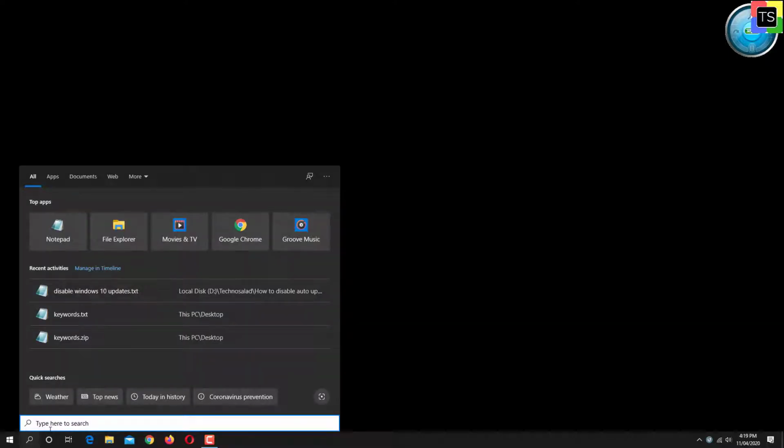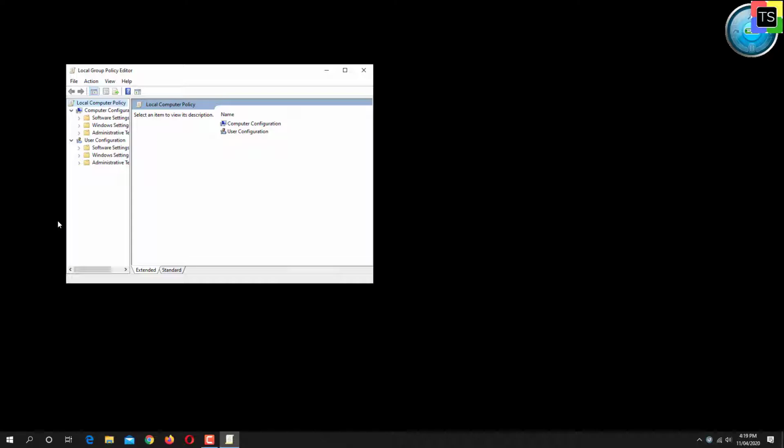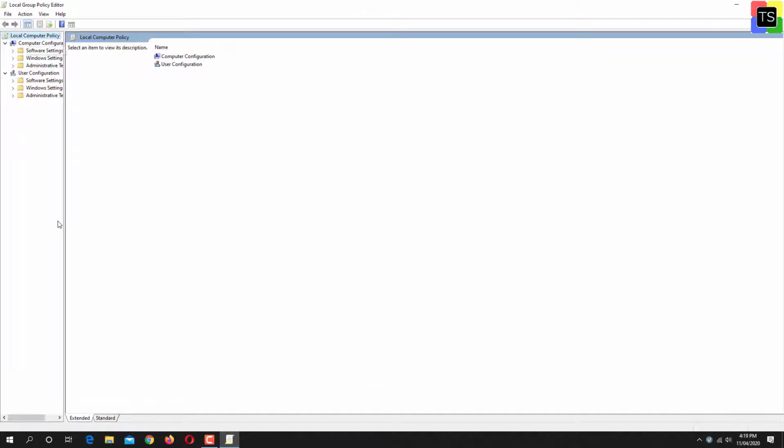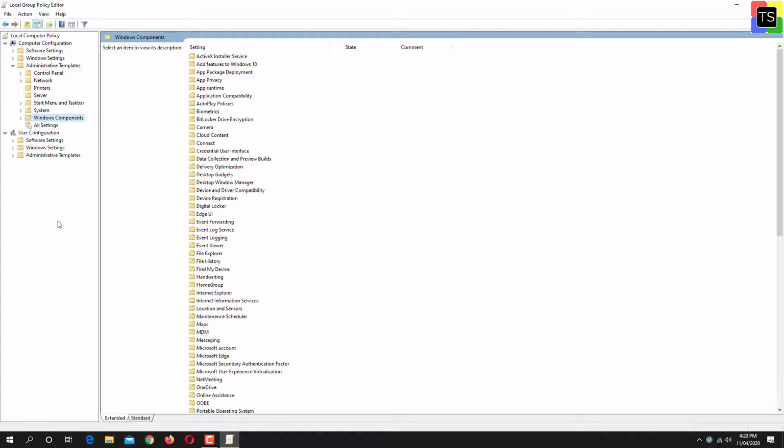Type in gpedit.msc and hit enter to open the group policy editor. Select Administrative Templates option available inside Computer Configuration. From Administrative Templates, select Windows Components and then Windows Update.